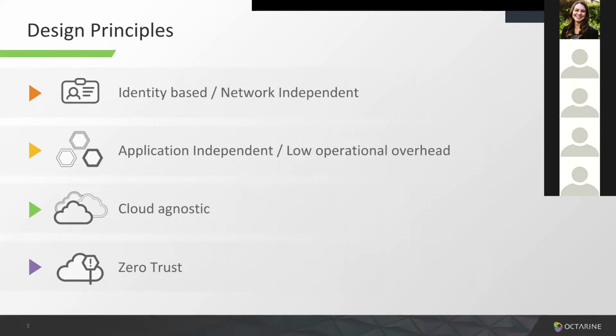However, if you re-implement the security libraries in each language, now you have to qualify each implementation separately. So a good solution will share not only the principles or the protocols, but the actual implementation. And that way, you only have to qualify that solution once. Obviously, you want your solution to work on public clouds and on-prem and in between those clouds. And it sounds obvious, but it's really easier said than done.